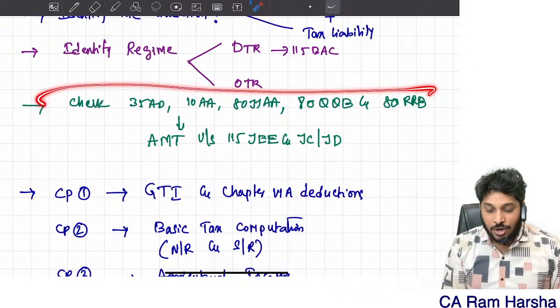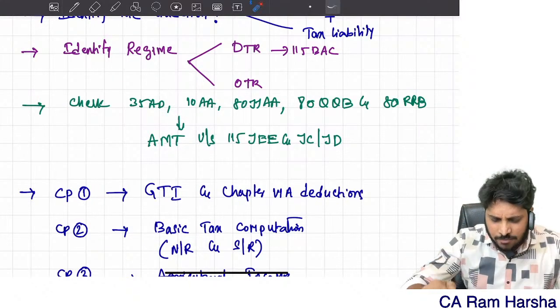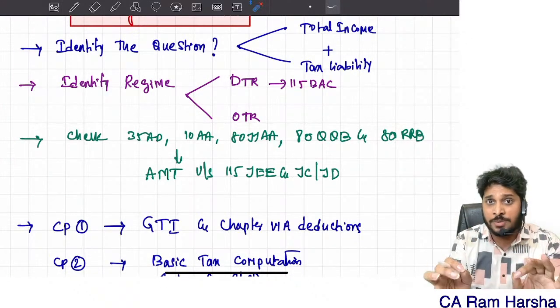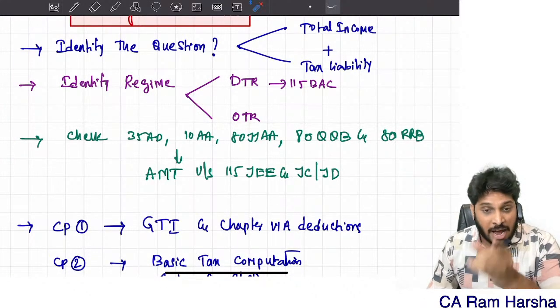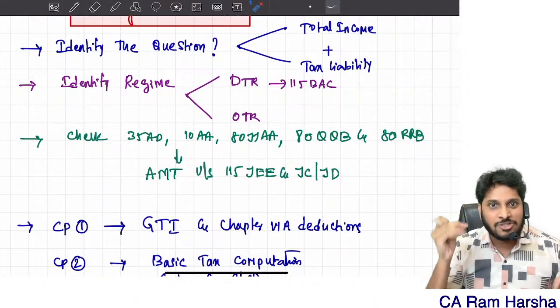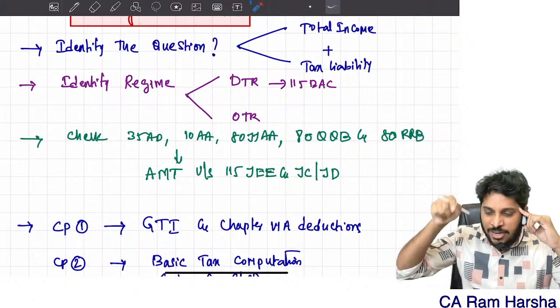Identify if at all this adjustment is there. This hardly takes 2 minutes time. Whatever checkpoints I'm asking you to check right at the beginning itself, it hardly takes 2 minutes time. In the 15 minutes reading time, I am telling you, you will compute total income fully in your mind. Once 2 o'clock started, you just copy the total income answer that is there in your mind onto the paper,